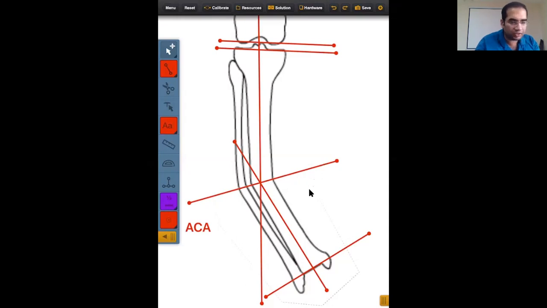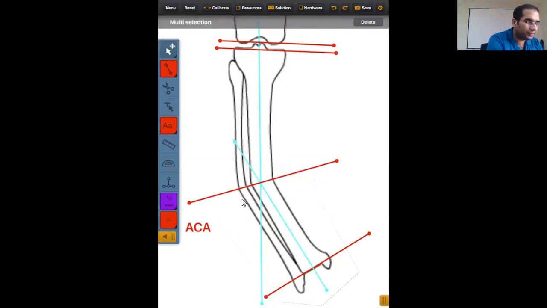If you have planned, let's suppose you have planned that you want to remove about 2 centimeter of bone. Obviously you want to remove half of the bone from above and half of the bone from below, so that when these two lines meet, they meet in the center. So how are we going to assess how much bone needs to be removed?